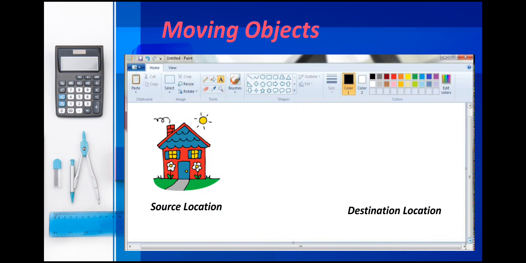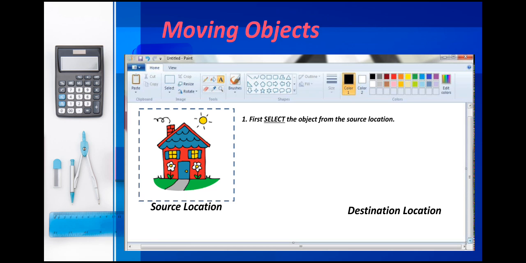Here is the picture illustration. On the source location we have a picture. The first thing we have to do is select the object from the source location. I am taking the rectangular selection mode. This is the rectangular selection.